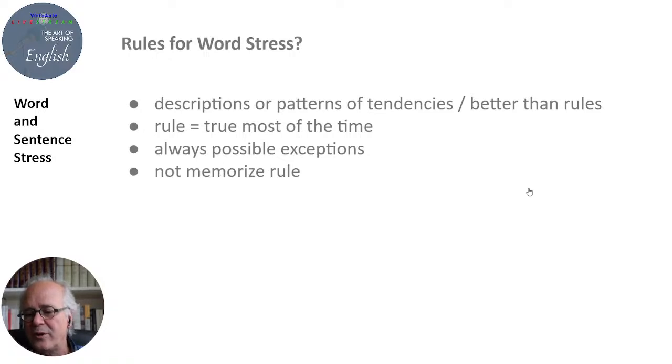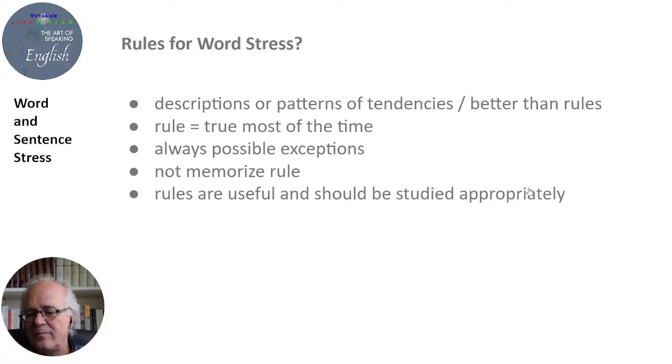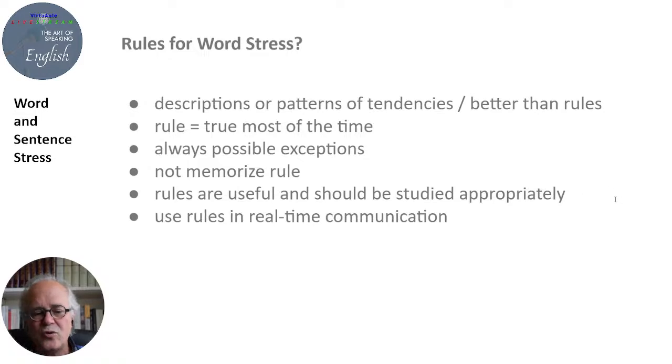Learners should learn not to simply memorize this information, but look at it as a pattern, something that is a generalized idea. Rules are of some use, certainly, and they should be studied. They're worth studying at appropriate times, but they're not as important to memorize as to try to use them in